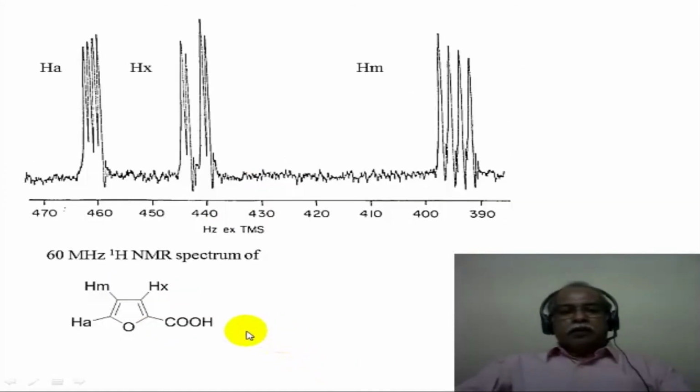Here is a furan carboxylic acid derivative, 60 MHz NMR spectrum, a fairly easy spectrum to interpret because it is close to a first order spectrum, although it represents an HA, HX and HM kind of system. Each of these hydrogens is split by the other two hydrogens into a doublet of a doublet. The doublet of a doublet for each hydrogen is because of the mutual coupling between the A, M and X spin system, and that is fairly easy to interpret in terms of getting the coupling constant values between the various hydrogens in this particular spectrum.